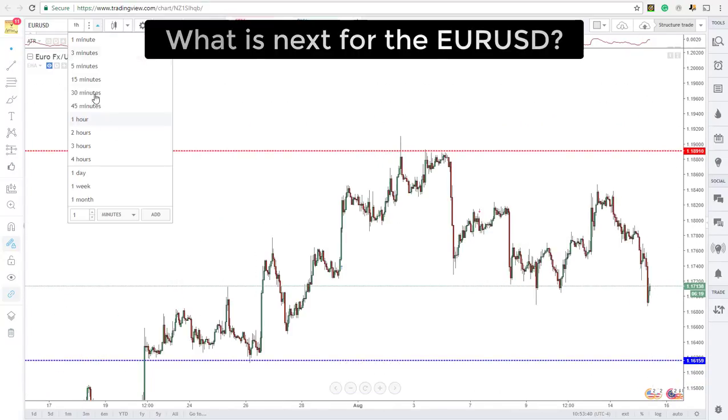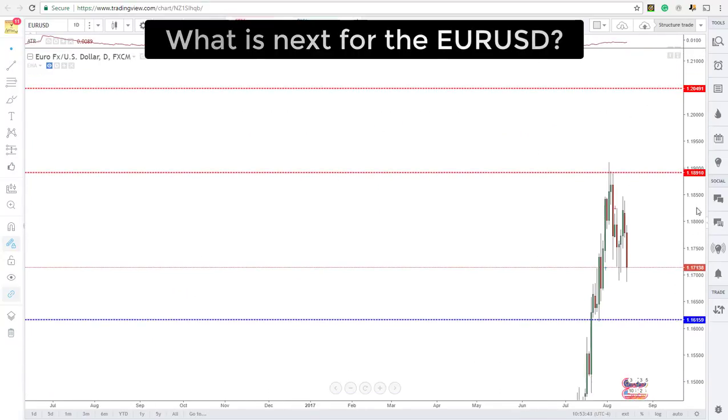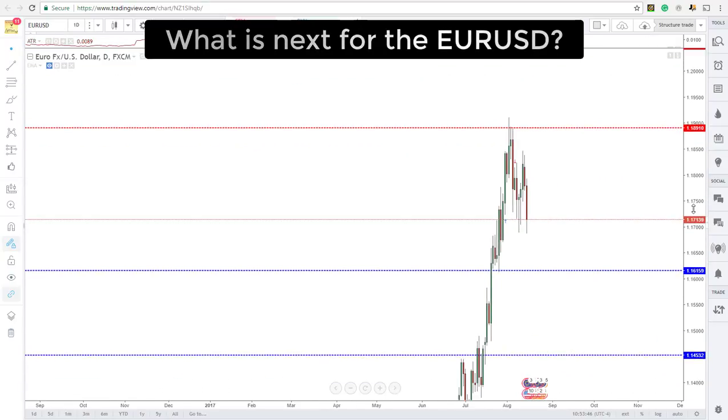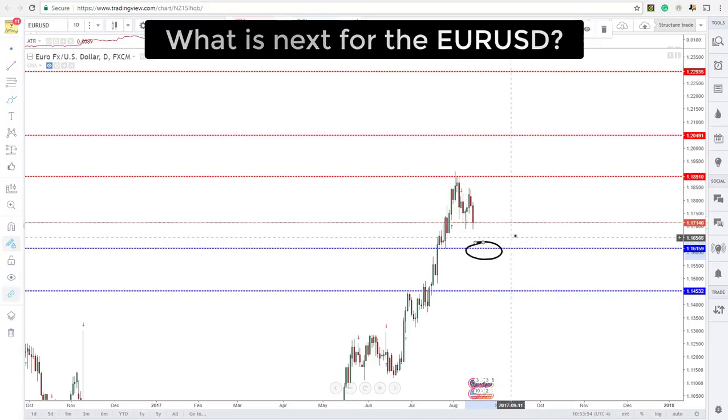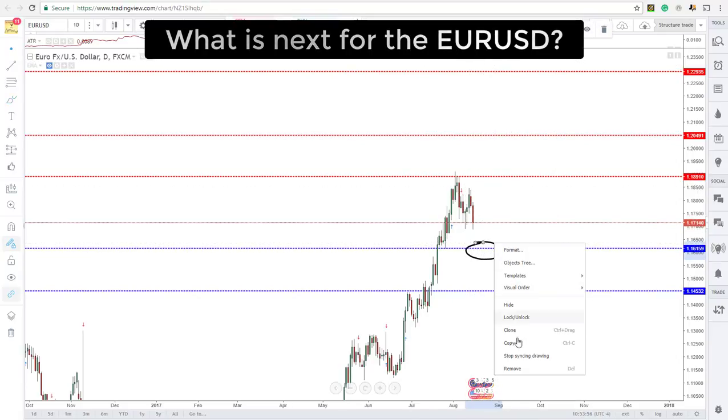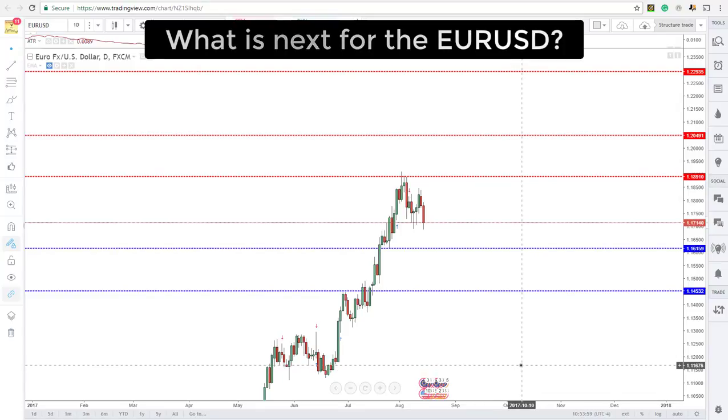So if we zoom back out to the daily chart, you can see that we have pushed down from that level of resistance, and our next level of support is down at 1.1615. Right in this area is the level of support I'm talking about, guys. And so our next move on the euro dollar here at the trading channel is to wait for a push